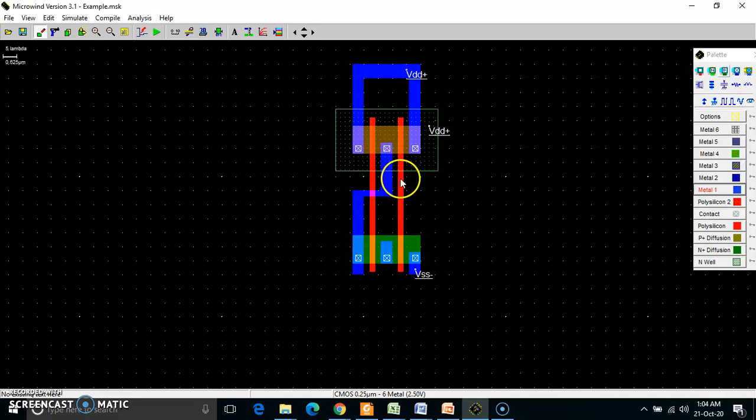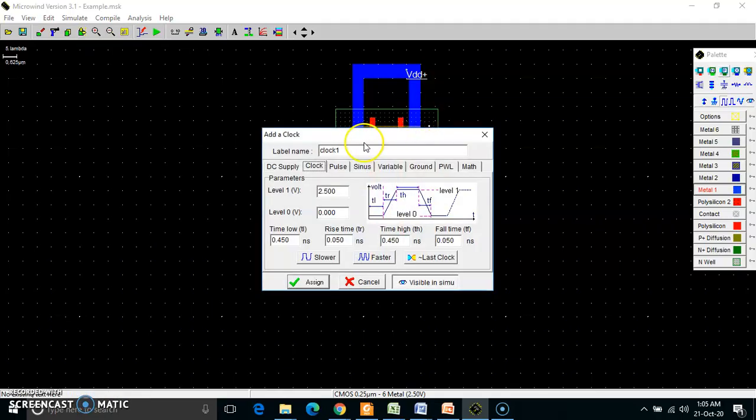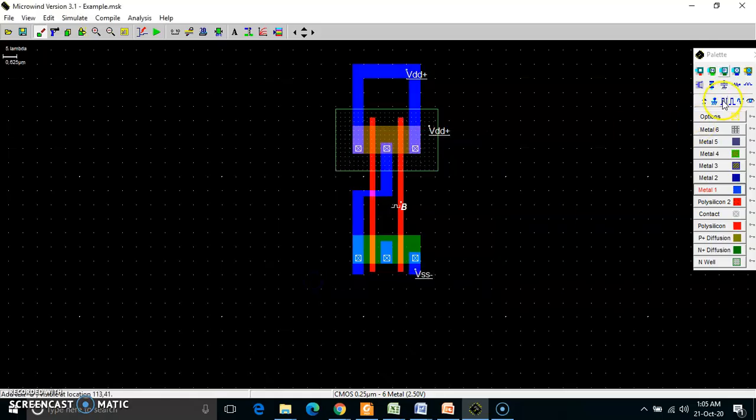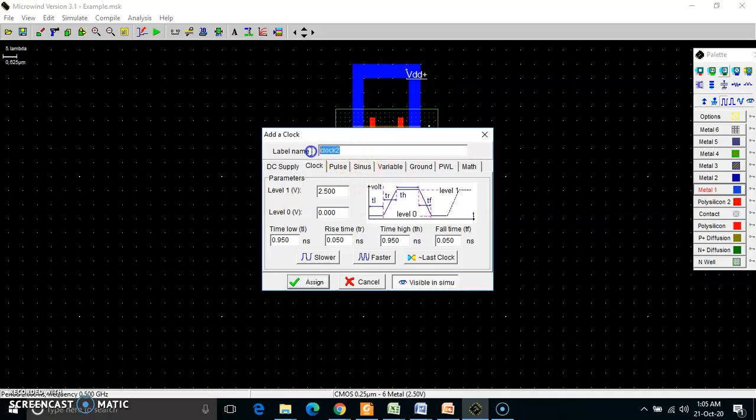These are two inputs. If I apply A and B inputs, what will happen? It will work as a NAND gate. Just see whether it is working or not. I am taking the first input; always the first input you need to take as LSB. So I have applied LSB, that is B, first, and second I am applying MSB, which is A. I have just changed the name and assigned it.